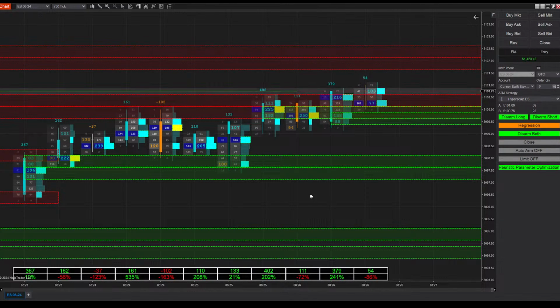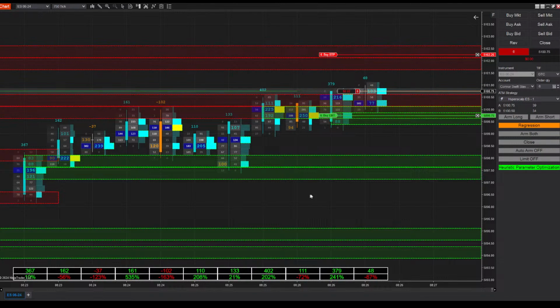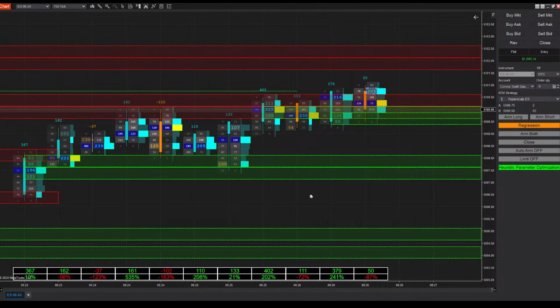The way you're going to be able to do this once I release that update to that template is you're just going to load the AC4 onto the chart, and then there's a second template option at the bottom right where you can load the ES or NQ version. So it's just going to be an extra step, but